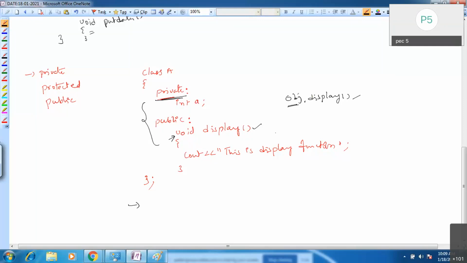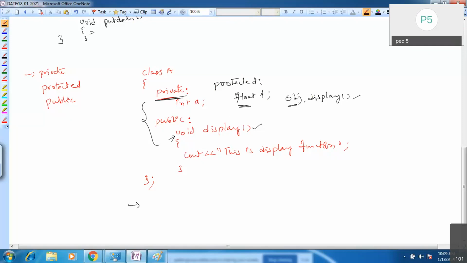If I use protected here, I may have some protected members, like a protected float f.